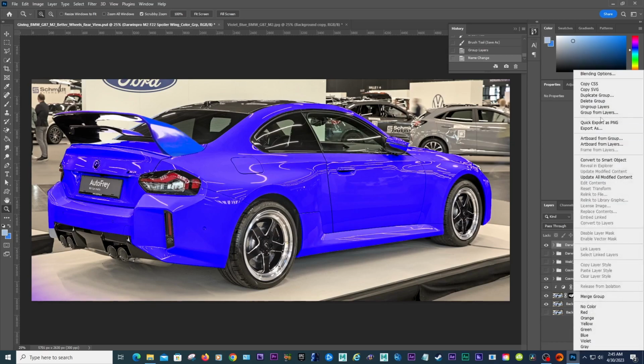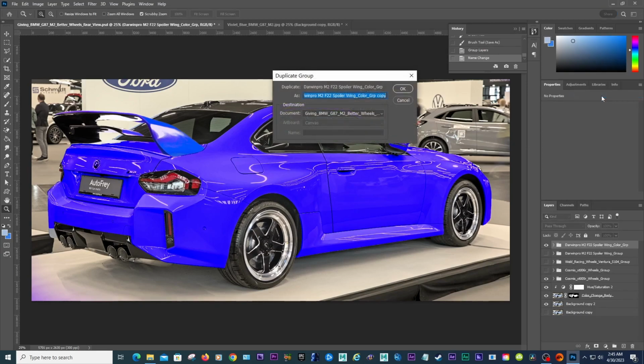I'm going to duplicate this group into the color group copy, but what I'm going to do is name it